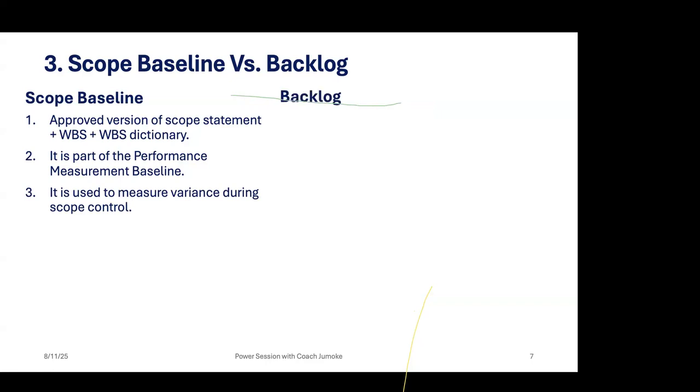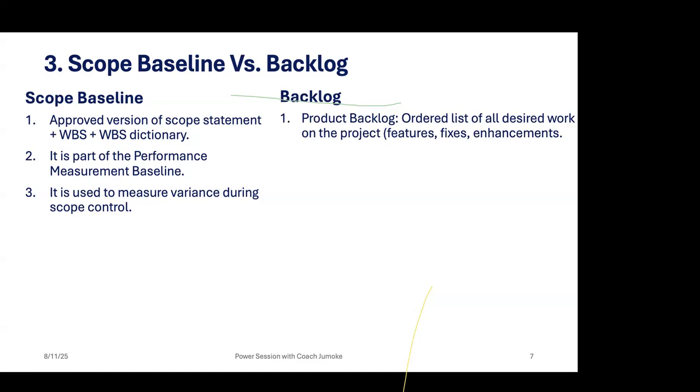Now, let's look at backlog. I said backlog is for adaptive. So product backlog, these are usually the features or fixes or enhancements, the value that the customer wants. The product owner is responsible for the product backlog. He or she will list it. Let me use she because I'm a lady. She will list it, and once they are done,